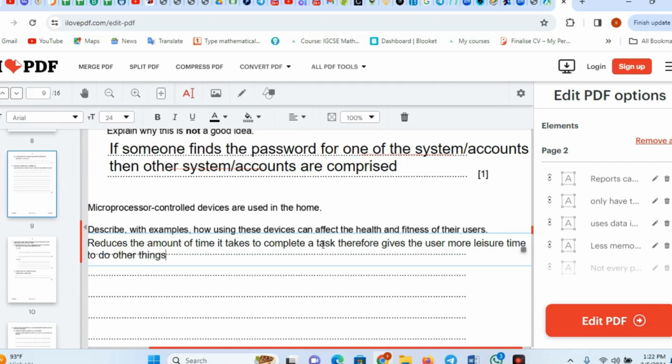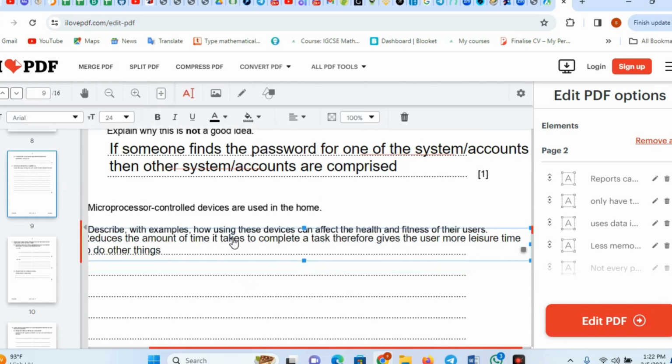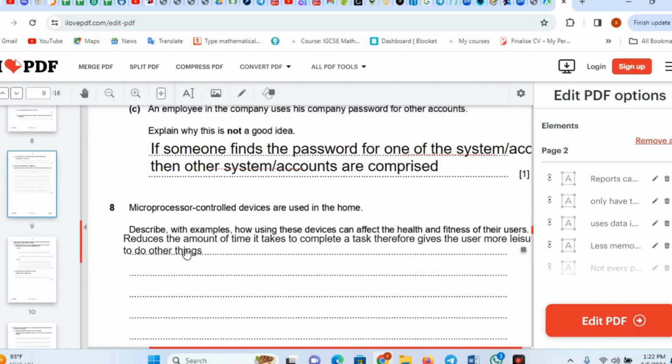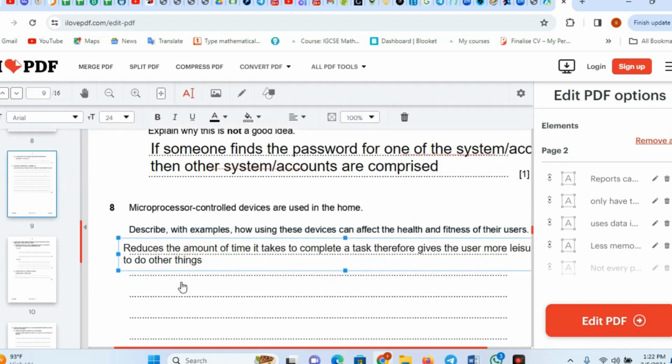That is, when you are able to finish your work in time, then you have time to do what? To do other things. It's as simple as that. You have time to do what? To do other things. Very simple. As simple as that. Two,